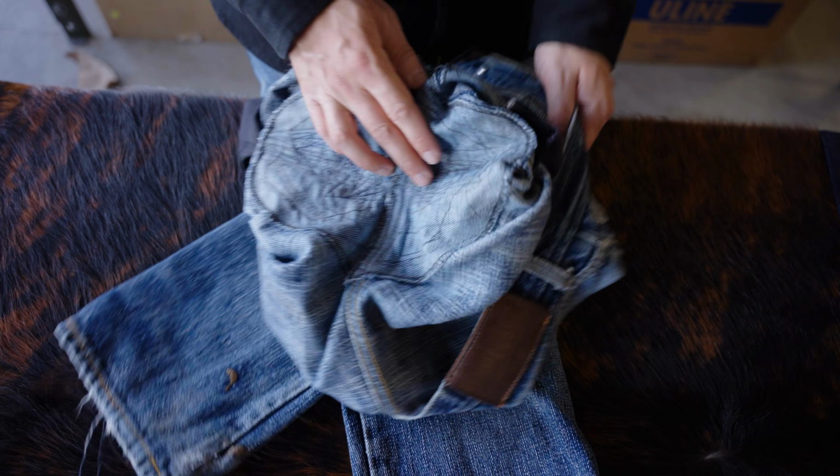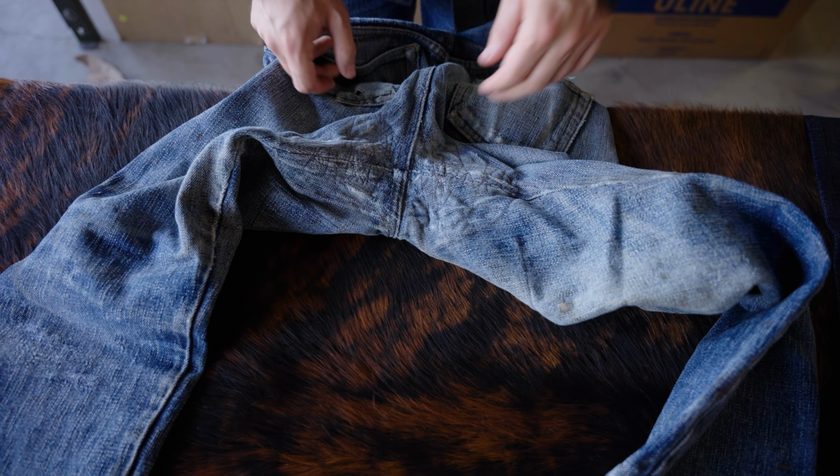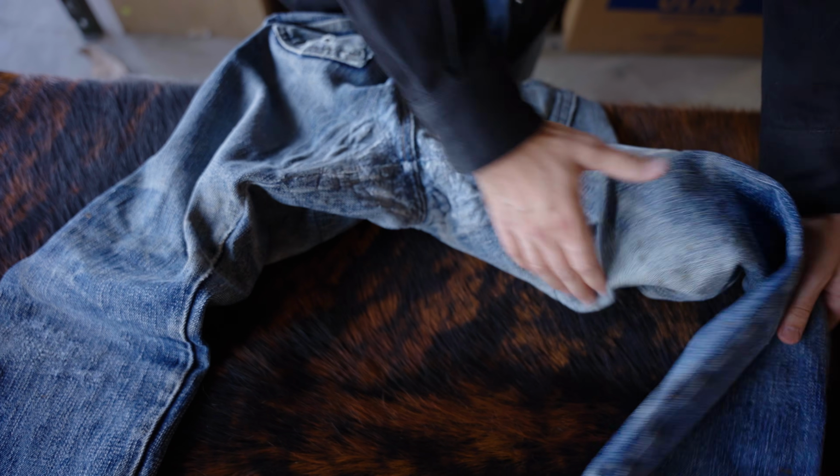A little bit of a spider web action. It's like, you ever see those pictures of like spiders on drugs? That's what it looks like. Okay, and then moving down a little bit further, we can see here